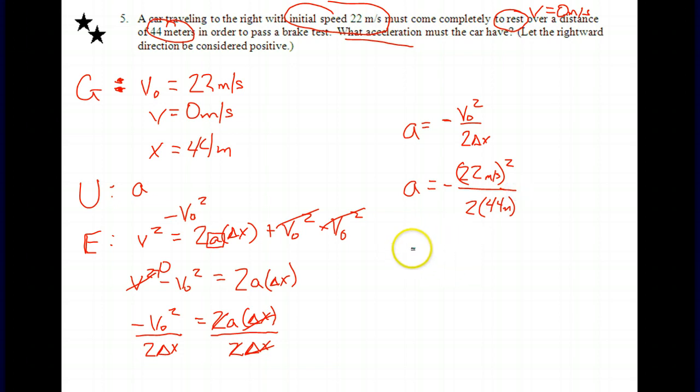So then let's do some simple math here. 22 squared is going to end up giving us 484. And the unit on that would now be meters squared over seconds squared. And then over 88 meters. All right, so 484